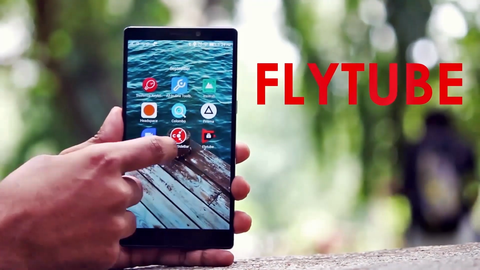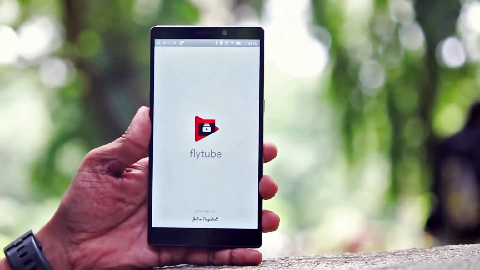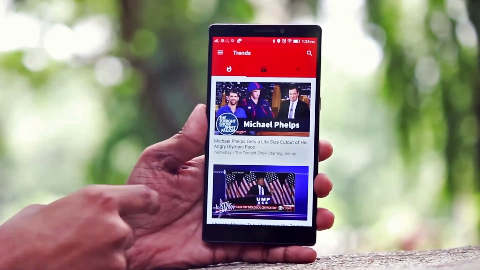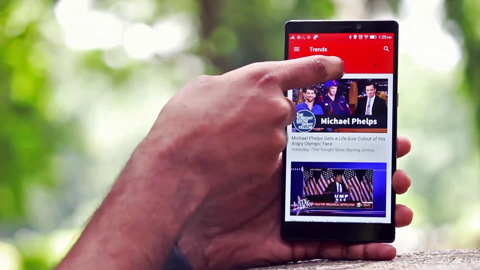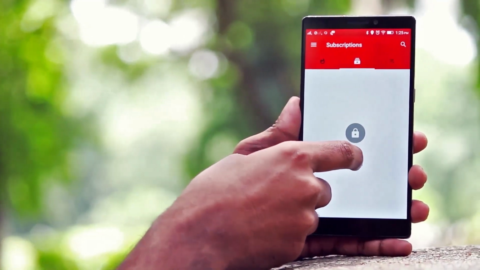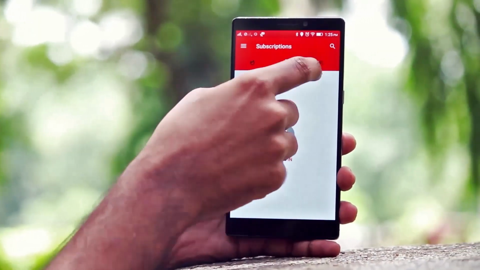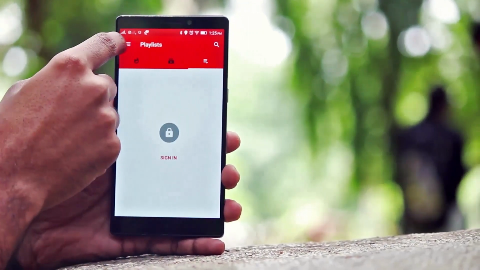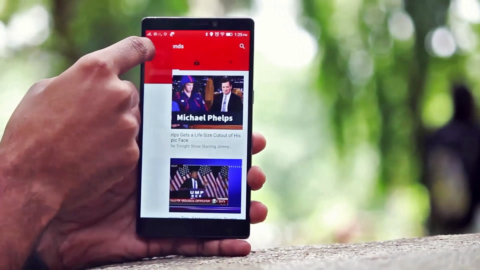The first application that I shall be reviewing for you today will be FlyTube. Alright then, this is how the application would look to you, and as you can see, it has the same user interface as that of YouTube. Now if you could go ahead and click the icon at the extreme left-hand corner, you would see